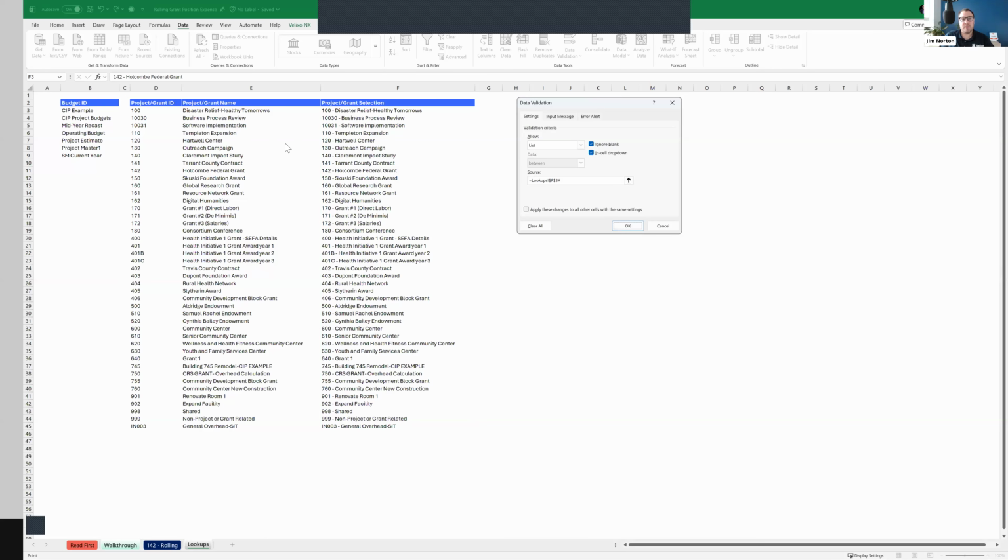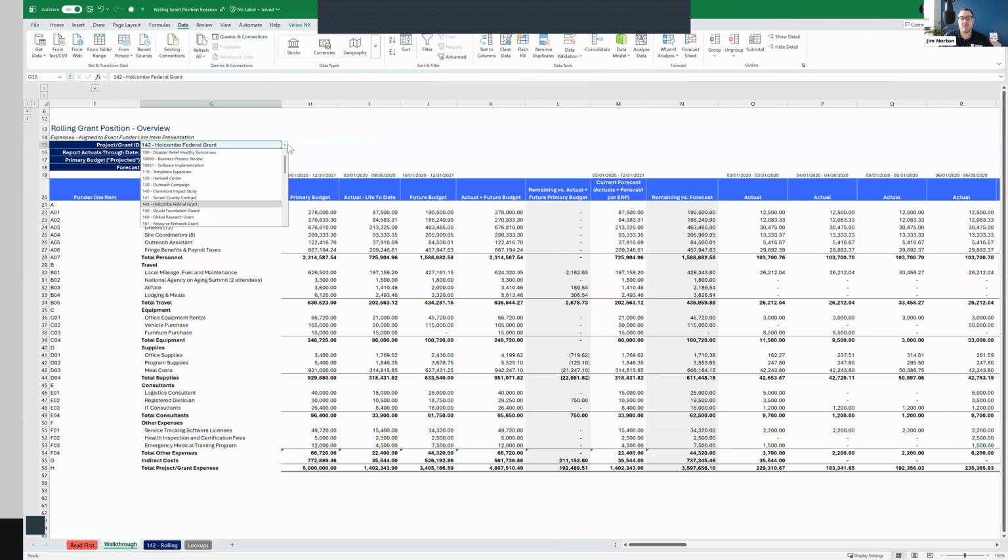So you have a fully live, up-to-date list of your project and grant IDs that you can toggle with at any given moment. And the same is true of our budgets, right? So here I'm able to pick, hey, what's my primary budget and what's the budget ID maybe I'm using for a forecast. Again, this is an example. It's not necessarily saying you have to do it this way, but I see a lot of people do things like this, so I think it's pretty useful.